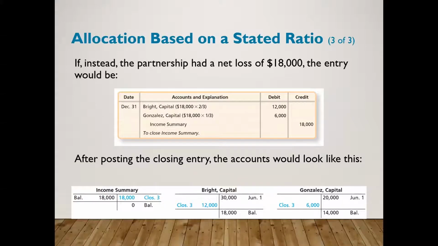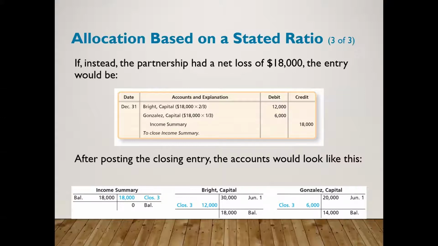If instead the partnership had a net loss of $18,000, the income summary account would have a debit balance of $18,000 prior to closing it. In that case, the partners' capital accounts would be reduced by their percentage of the loss. Using the ratios from previous slides, the allocation would be